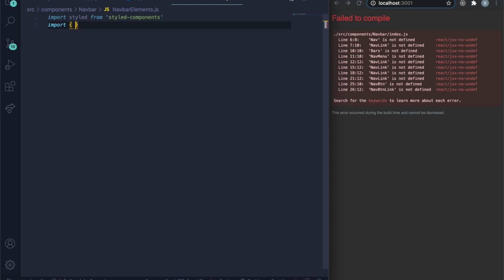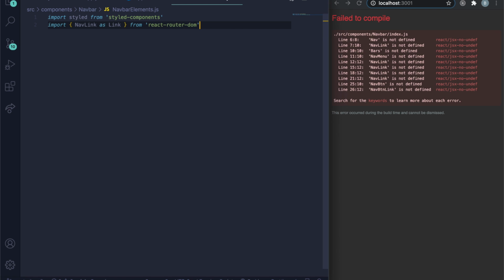It's a cool trick to alias something if you want to use it for styled components, because if I were to use NavLink, it's not going to work. So I have to say import NavLink as, and I can name this tacos if I wanted to, but I'm obviously going to name it something that makes sense. So Link from